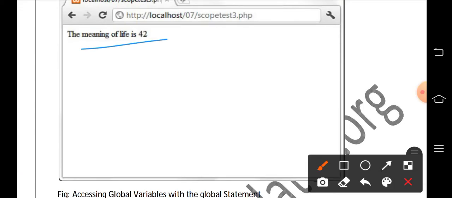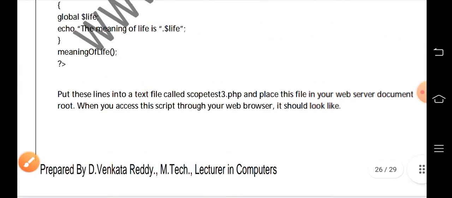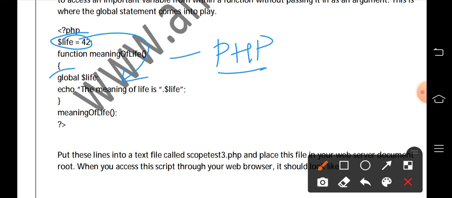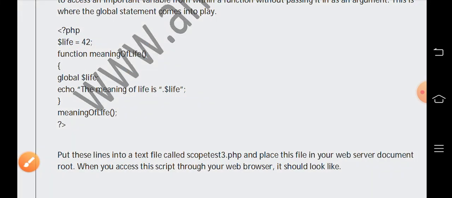You can see here, you will get the output as the meaning of life is 42. Got it? Directly you cannot use any global variables inside a function in PHP. You have to declare a global variable with the keyword global. Hope you all understood.